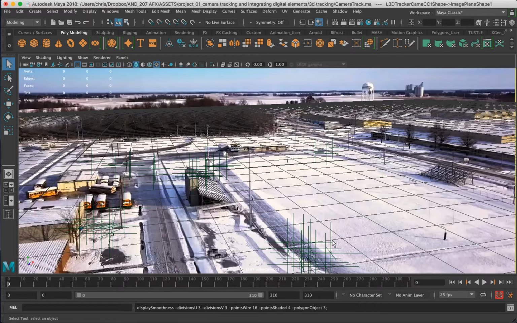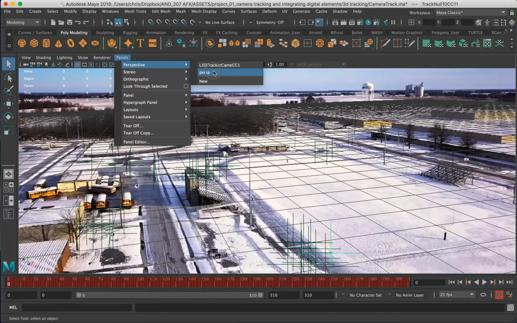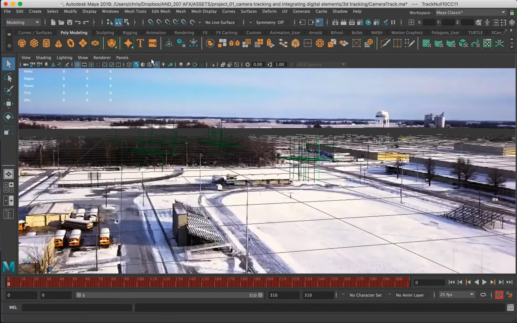Just a low-res robot character, and what we might do is animate him sort of falling in from the sky and deforming maybe the football pitch. That might be kind of cool. So that's what we're going to do. So we're going to open the outliner and perspective view,